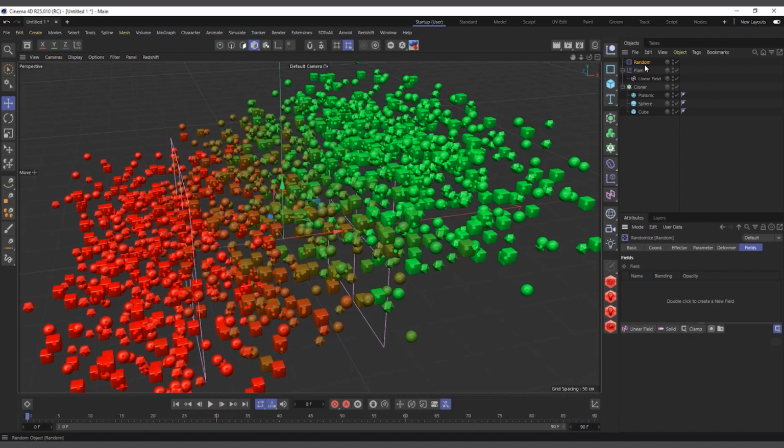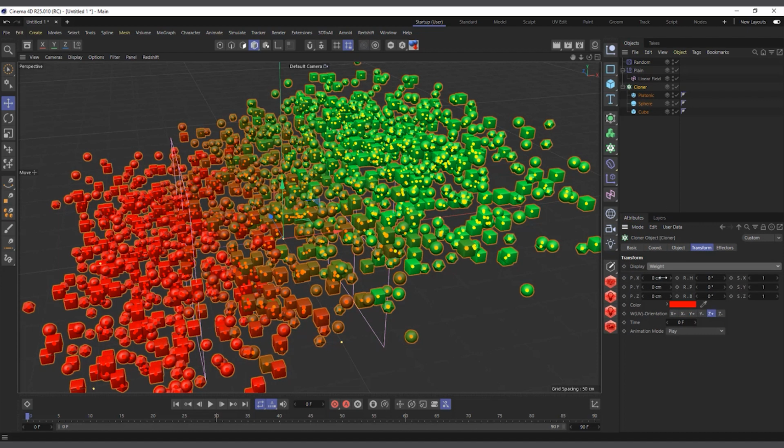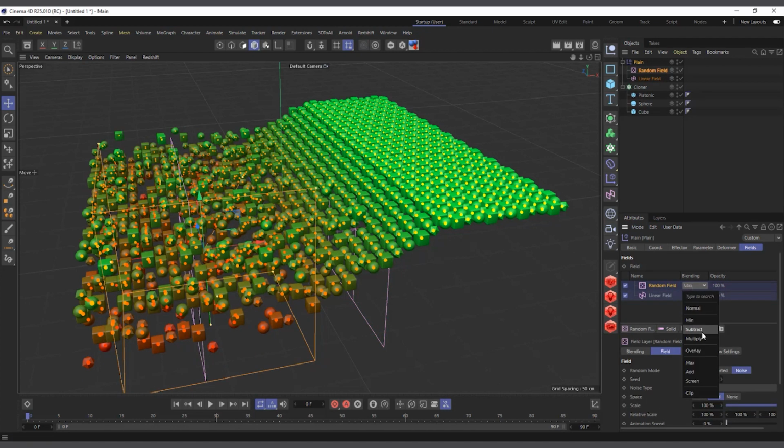But basically, when you select the clone and come to the transforms, you can see we have weight in here. So every clone has its own weight, so we can use the randomness to affect the weight of the clones and now transform it to the linear. But in this scenario, you might not even need it, because with the plane effector, you can actually come in here and add the randomness yourself. For instance, within the fields of the plane, you have random as well, so you can come to the fields and say random, and make it apply or overlay,